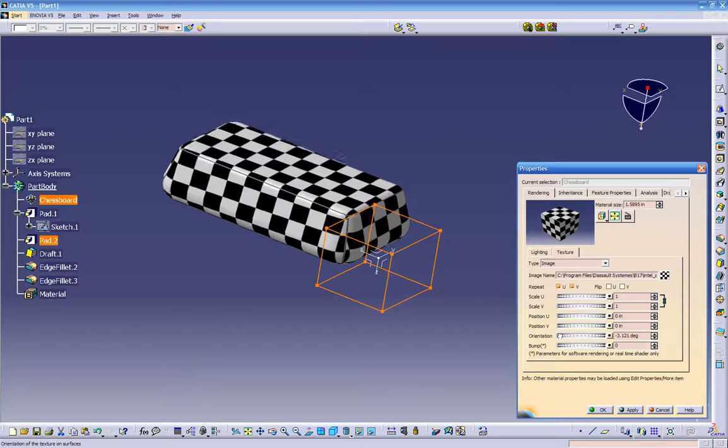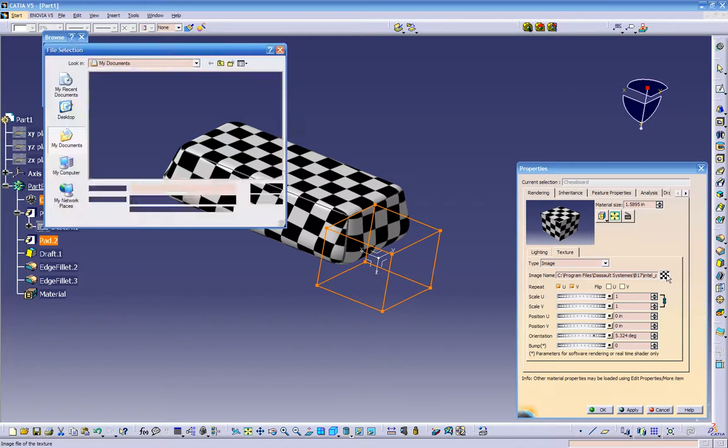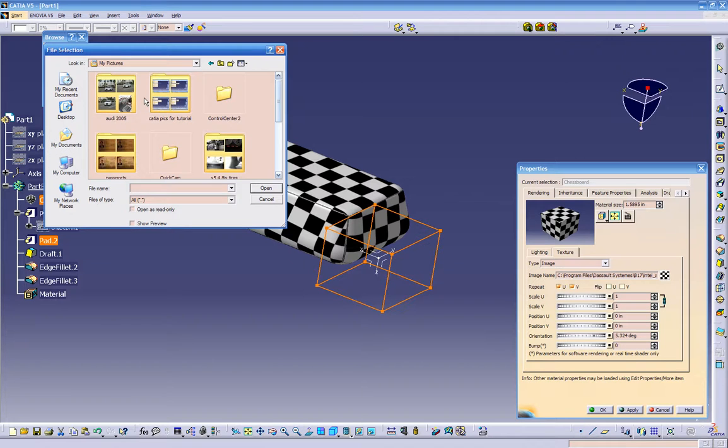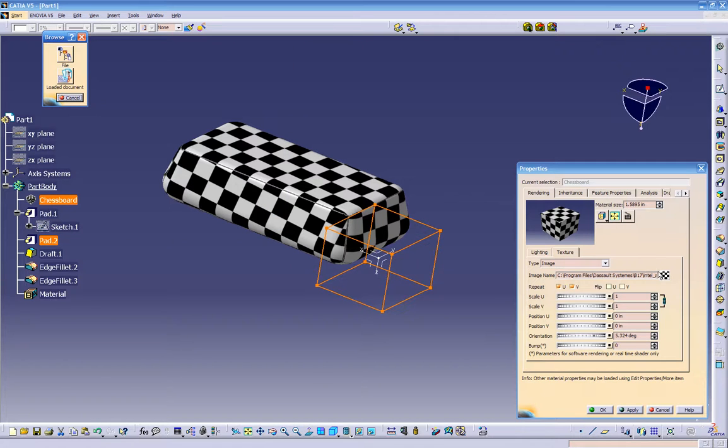That's got a couple options you can choose from, or if you have your own image, you just click on this icon over here and you select your pictures or whatever you have lined up, any pictures that you have. So there's a couple options you can choose from. I thought I'd show you this, it's pretty cool. So cancel that, click OK,